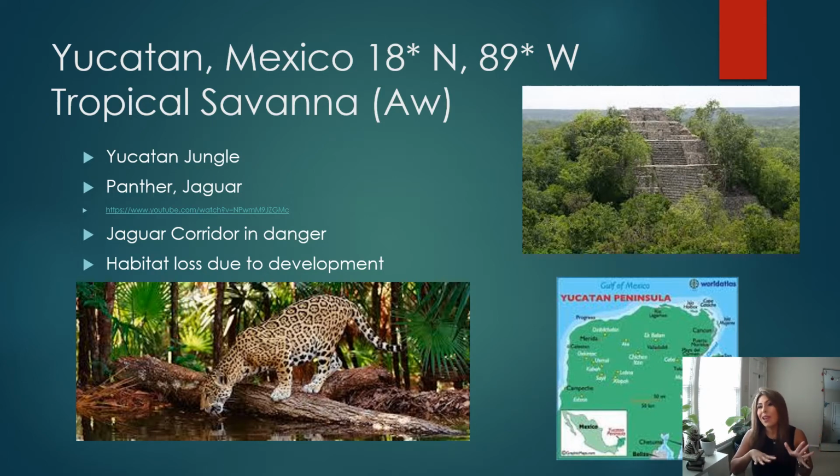Yucatan, Mexico is at 18 degrees north, 89 degrees west, just about. And this is the Yucatan jungle. Very large corridor for your panthers or jaguars. Unfortunately, they are in danger due to habitat loss and development. So the numbers of jaguars are dwindling, and if you know anything about the Mayan culture, the jaguar is a very, very important Mayan